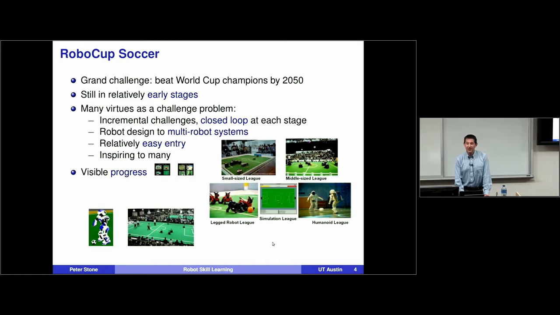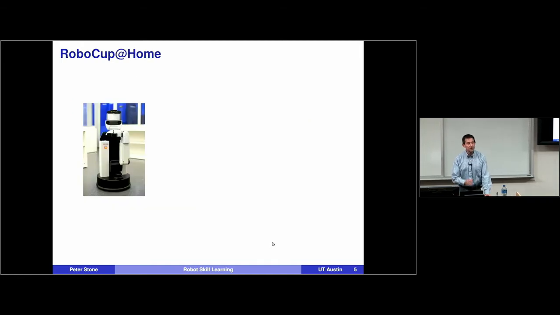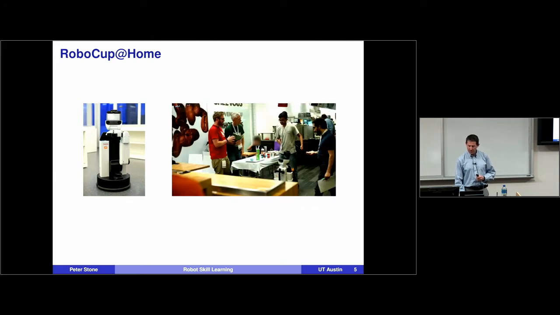I do want to say that as a part of RoboCup, it's not just about soccer. So the community has also engaged in broader questions about multi-agent robotics. We also participated in the RoboCup@Home competition. There's a standard platform league using this Toyota robot, where the robot has to be programmed to operate in a domestic environment, to be able to walk up to a table and pick up the items and put them back on the shelves, or help you unload groceries, or follow people through a crowded space.